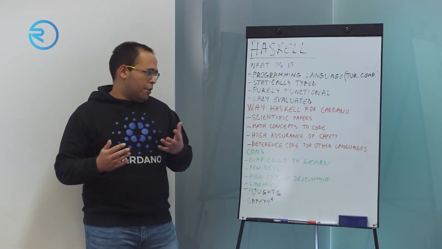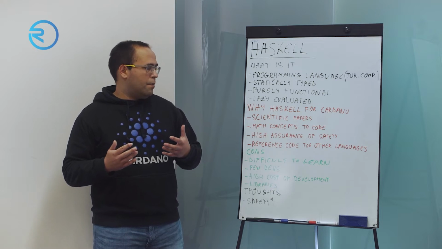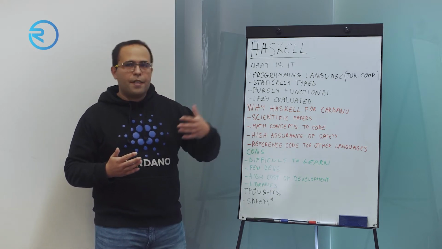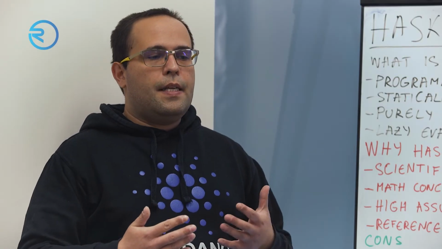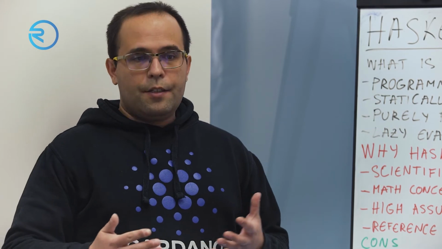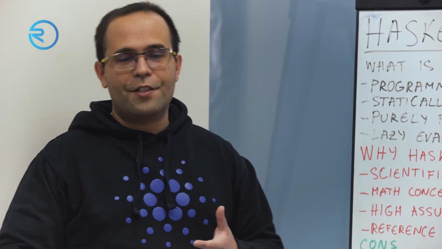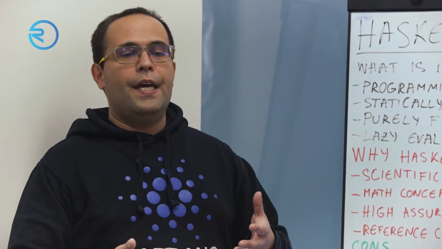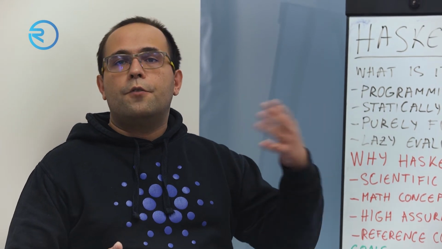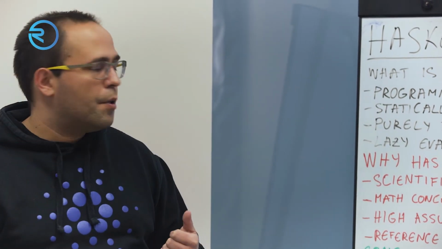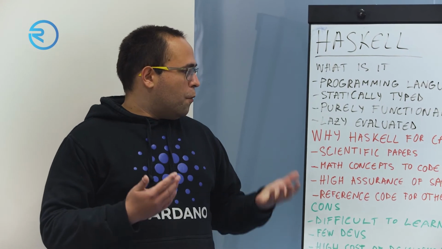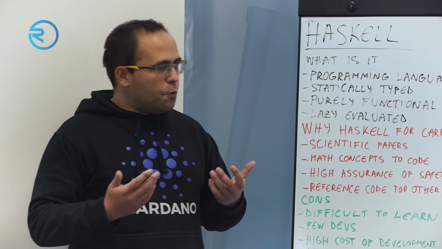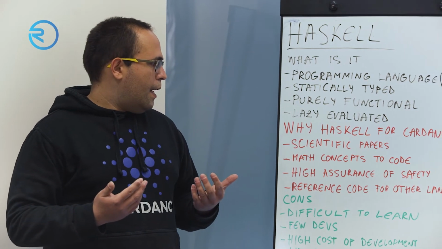There are other languages that do that, and there are languages which are more scientific. But Haskell was, let's say, a balance between an understandable, human understandable programming language and a language that is scientific enough to implement the scientific papers. And of course, it can also be viewed and used